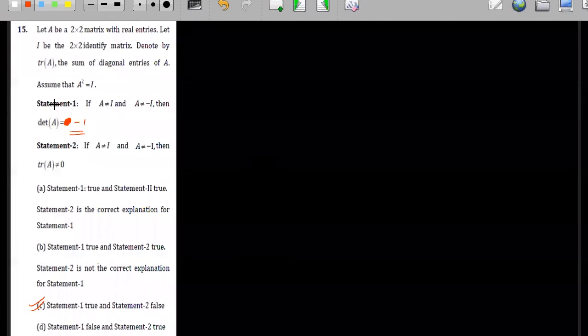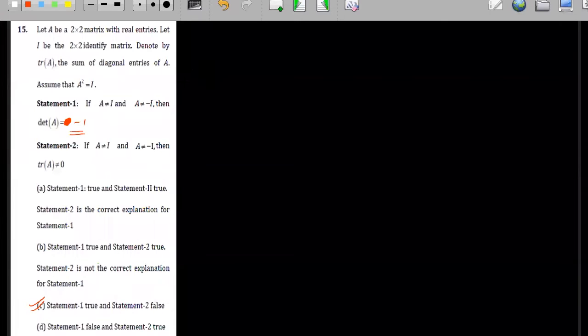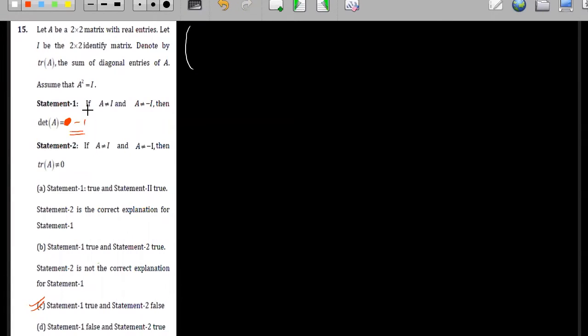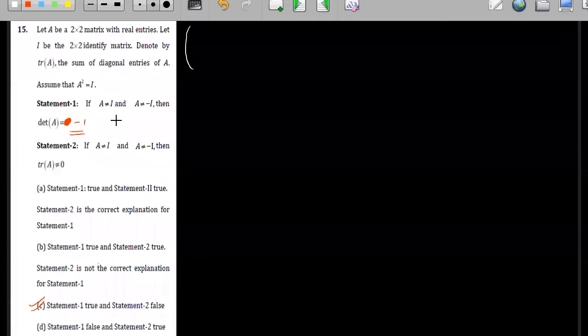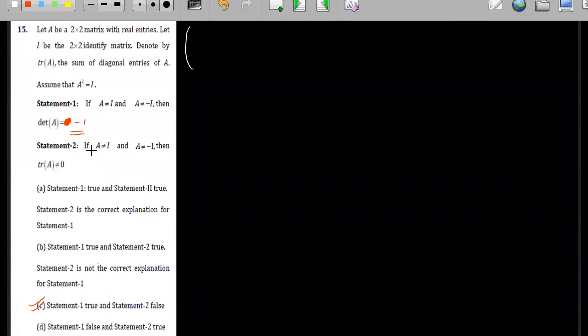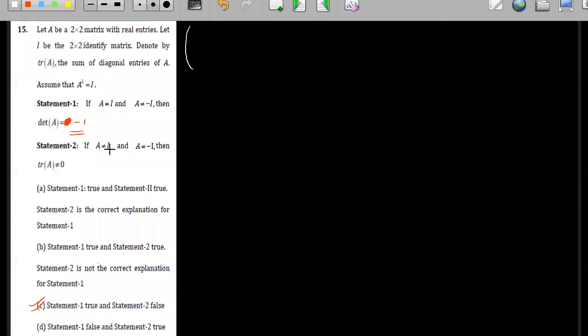Okay, so yeah, most of you have solved. So let's see. This is a 2 cross 2 matrix with real entries. The way to solve this is, so see, suppose this question comes in the exam, Srivatsan will be very much disappointed, because in this question you cannot take any particular matrix, because you do not know what you have to take, right? There are infinite number of options, and maybe if you take one matrix, you might get something, but you will not be 100% sure. For this kind of question, you have to solve it using the general form, right?